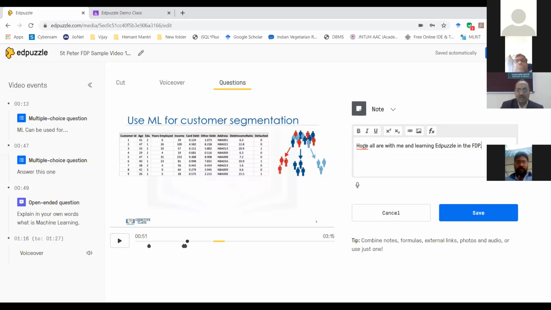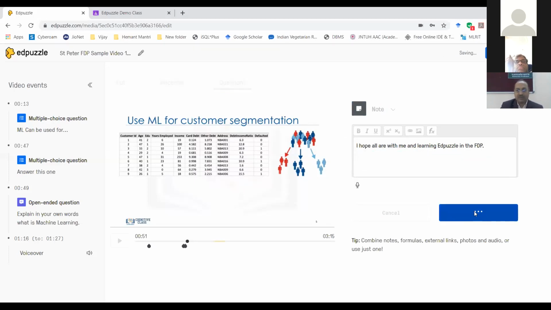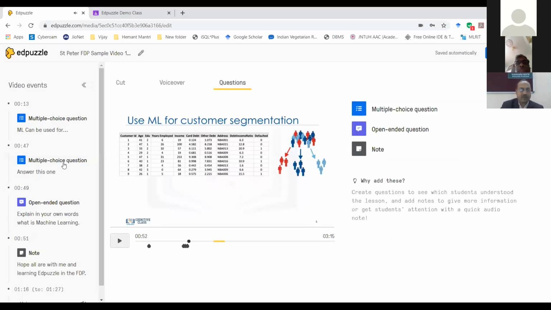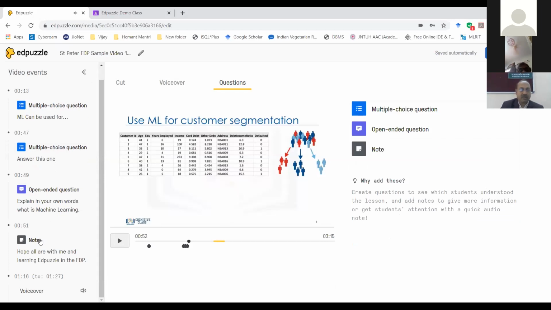You can add any notes here, simply write the notes and save it. See here, I will get the notes also.